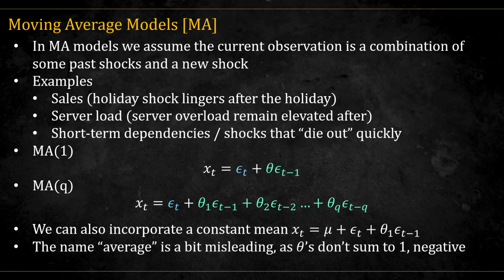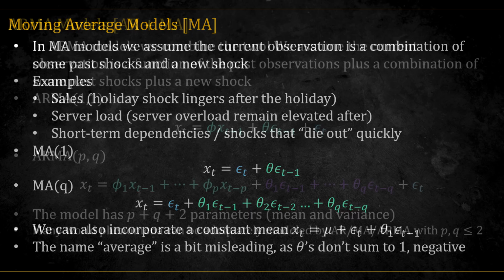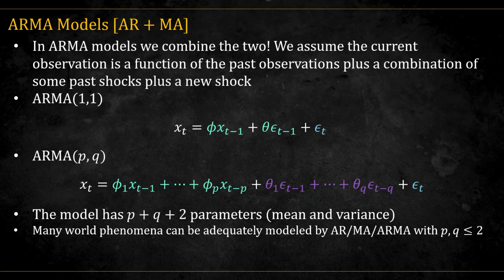The name average is a bit misleading as the thetas don't sum up to 1 and can even be negative. ARMA models are simply the combination of both these models. We assume the current observation has both long-lasting dependencies captured by the previous value and short-term effects captured by the previous shocks. An ARMA(1,1) is a model where the current value x of t depends on some linear function